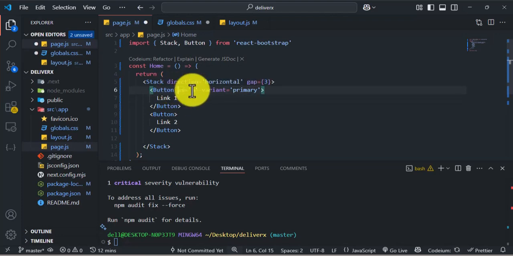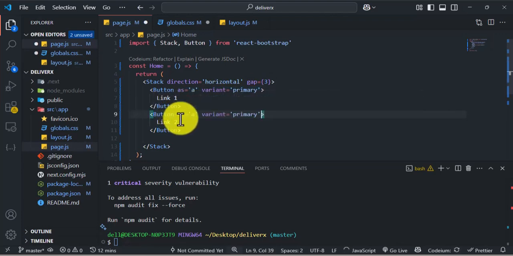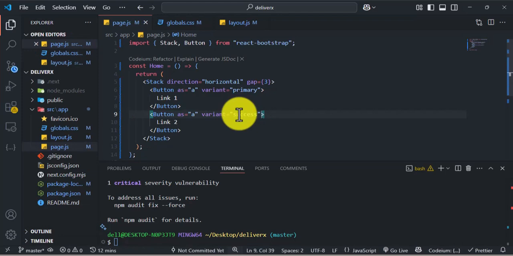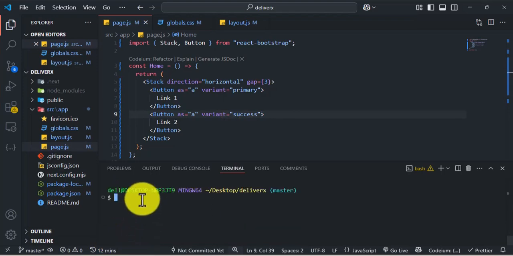Alright, so let's do the same thing for the second button, just to be sure that the class that we have is working effectively and the Bootstrap that we added is working as we want it to work. Now I just put success here. Once I do that, I'll save, then I'll start my application again. To start my application, don't forget the command we always use. It is npm run dev. We always use that to start our